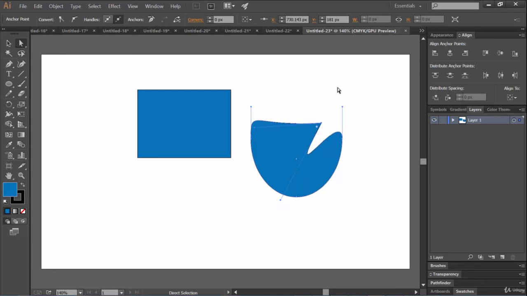See, one up arrow key press moves the anchor point by 1 point. If you hold the Shift key while pressing the up arrow key, it will move by 10 points. So this is the case between the anchor points, the anchor handles and the direct selection tool.